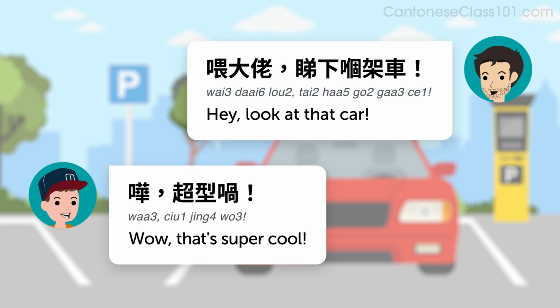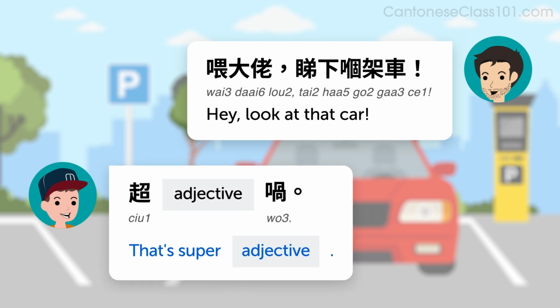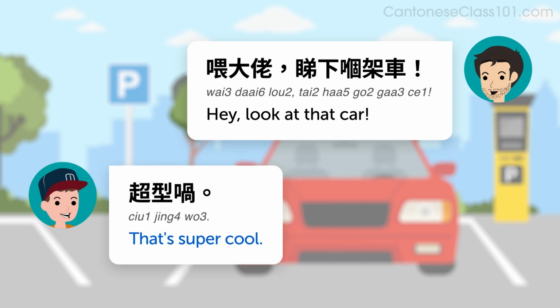First of all, you'll need to learn how to say, Wow. That's 哇， Then you'll need to learn how to say, That's super adjective. The pattern is 超 adjective. For example, that's super cool. 超型喎。